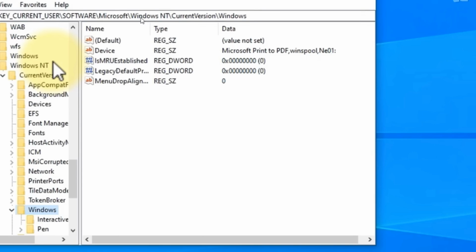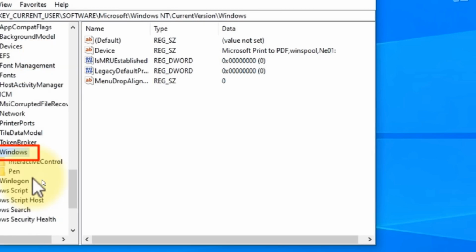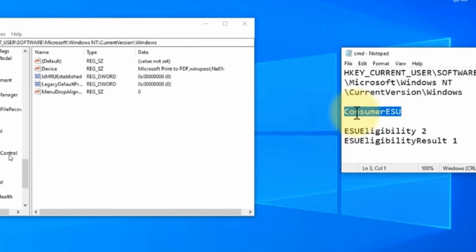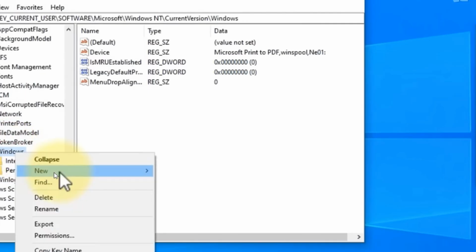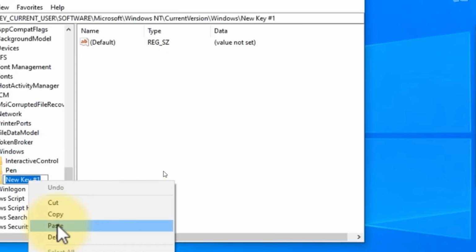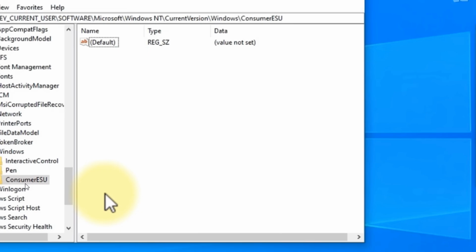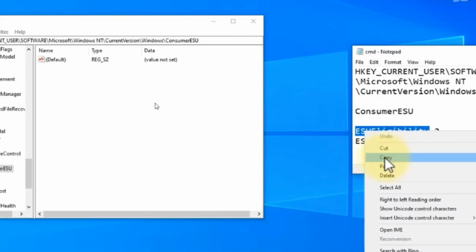Once you do this, it will open this folder. Here you have to click on Windows, right click it. Now you have to copy this: ConsumerESU. Just go over to Windows, right click it, click on New and then click on Key. Once you do this, it will create a new folder. Just paste the name ConsumerESU on the newly created folder and now right click on the empty box here,